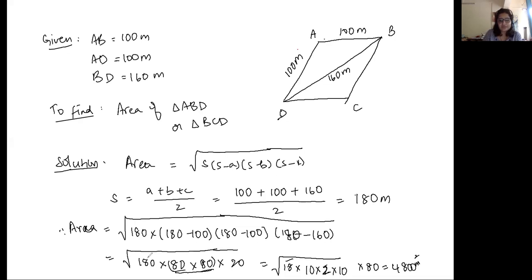See, there are 4 tens over here. You've got 10 from 180. Ma'am, after getting 4,800, we have to multiply it again by 2 to get the whole field. No, you don't have to. See, we need to get one part area only. So they've asked only how much area is each person getting. So each half ka kitna area, that's what you need to find out.